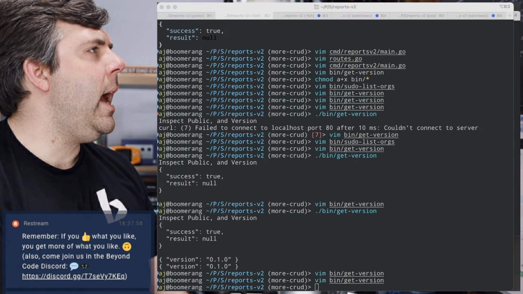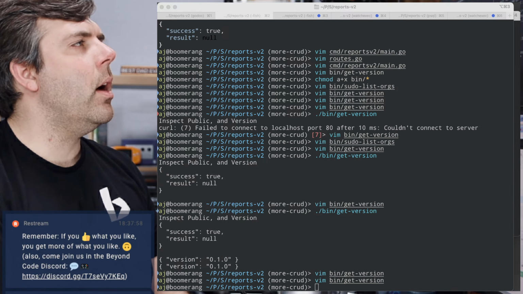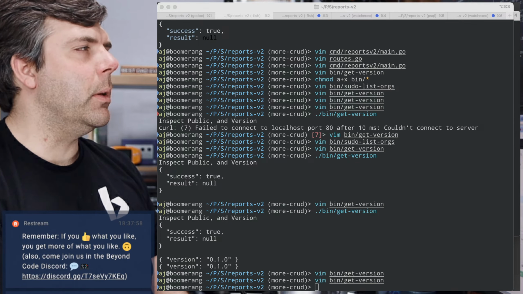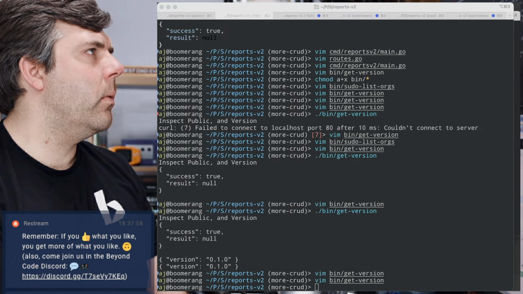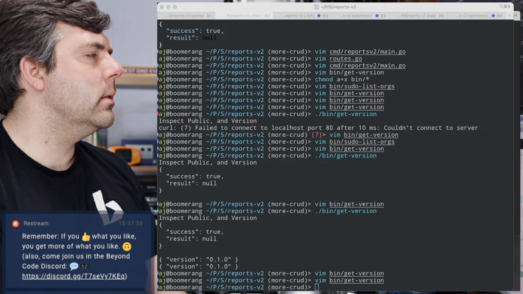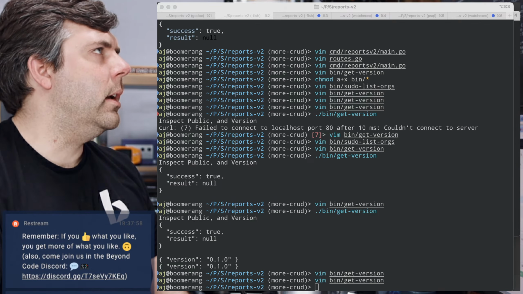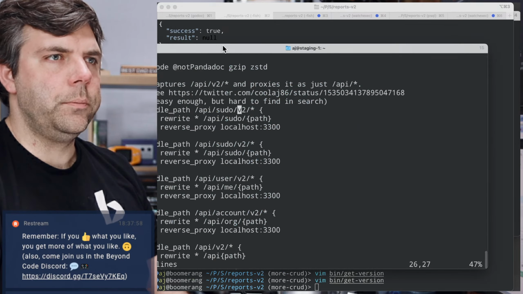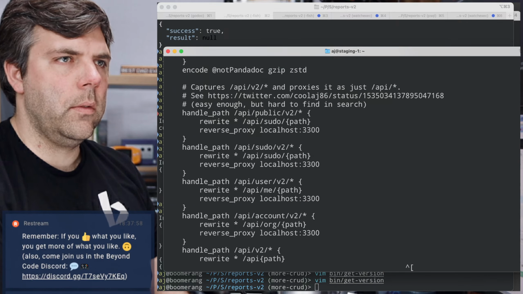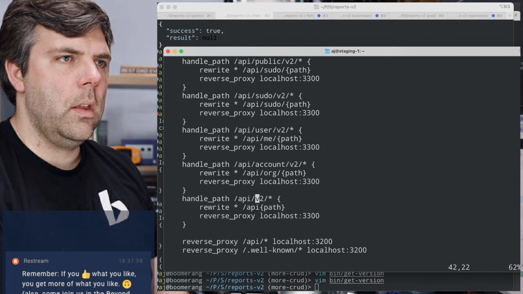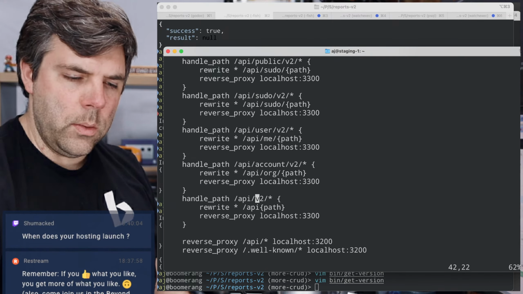I had the handle path up above where I think it should have come down below. I'm not sure what the sorting is, but I had the longer path in the wrong place. I can show this. Let me bring this over here. So it stands to reason. Oh, never mind. That actually wasn't the problem.